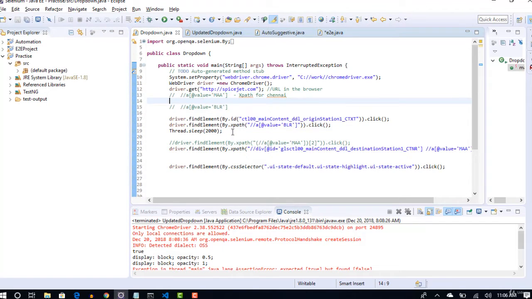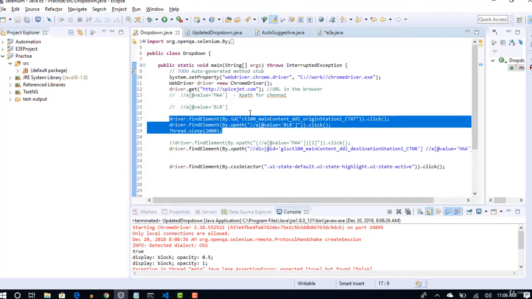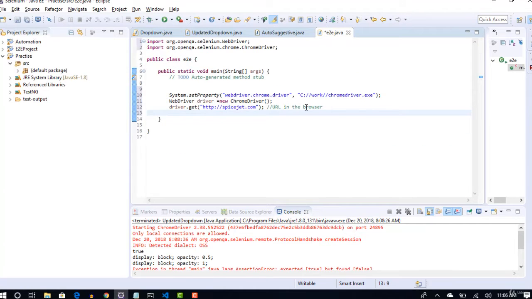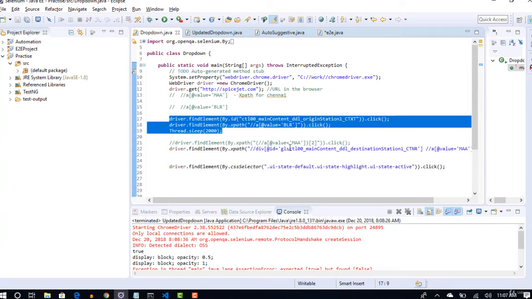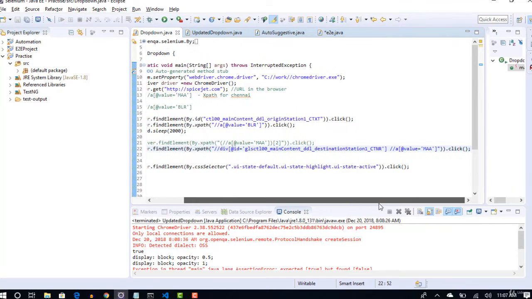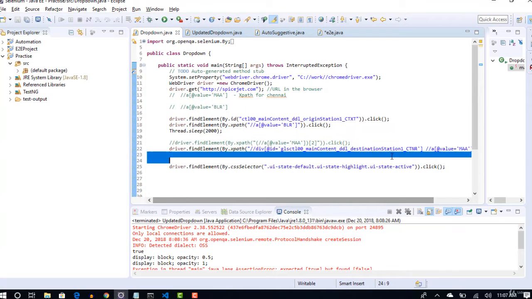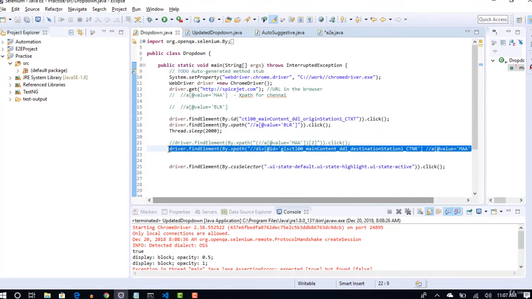So here I am selecting Bangalore, BLR. First let's select Delhi this time, because our from drop down should be Delhi. And next, we can pick Chennai from the to drop down.